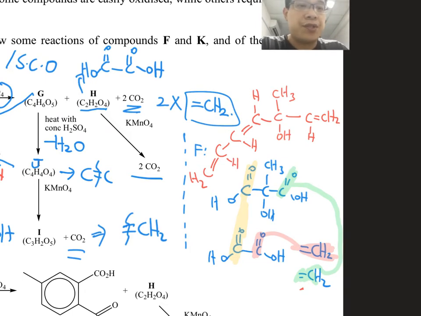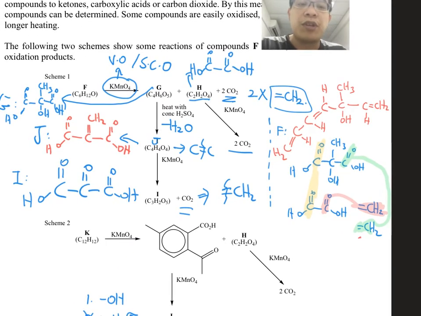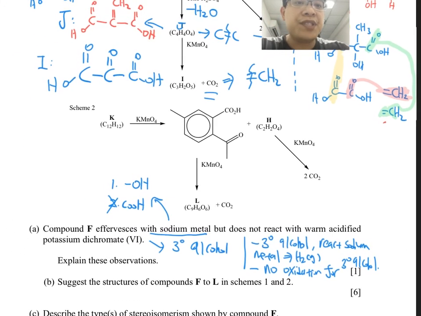A very complicated structure. Then you must double check whether the molecular formula makes sense. If you check the molecular formula out, you realize that the molecular formula matches up. So this is basically your compound number F. So we have solved all the structures here. Let's go to scheme 2, shall we? Okay, scheme 2. So we still have scheme 2 here. Now for scheme number 2,